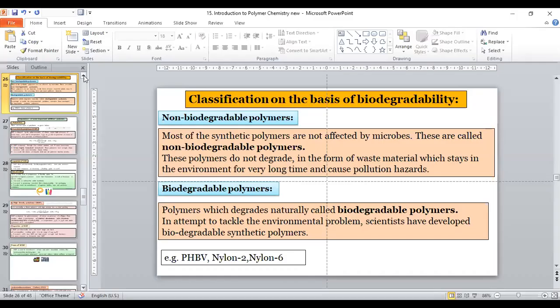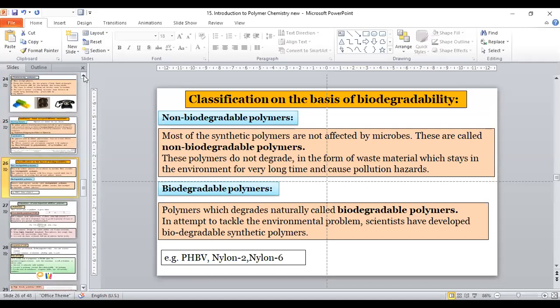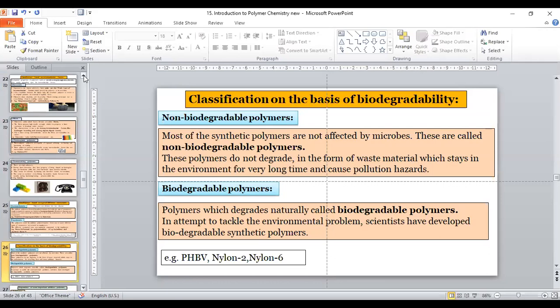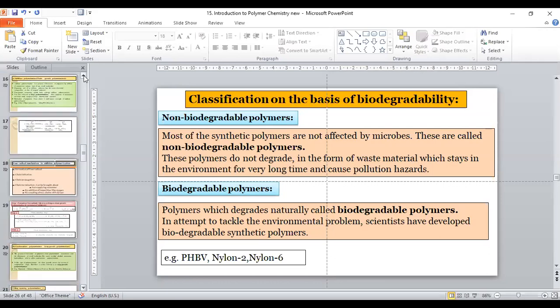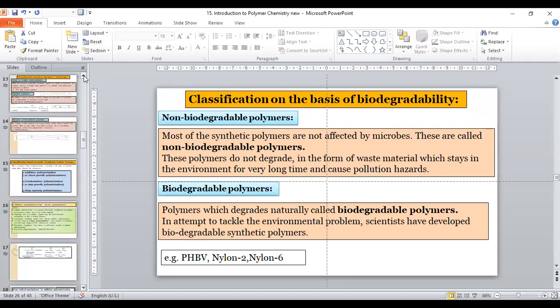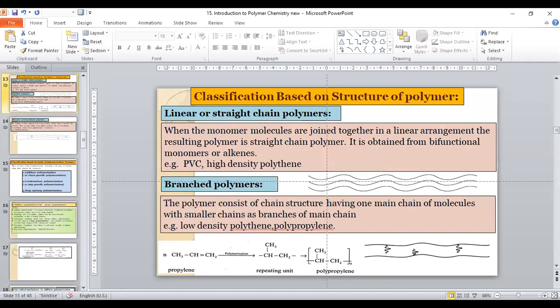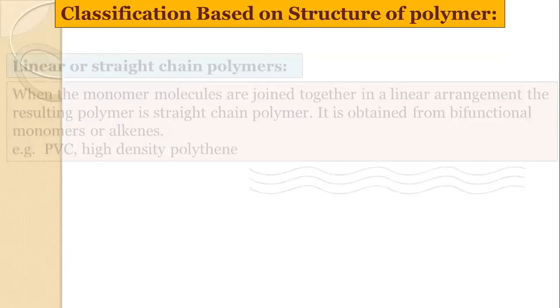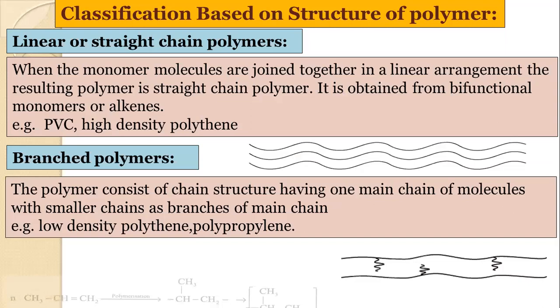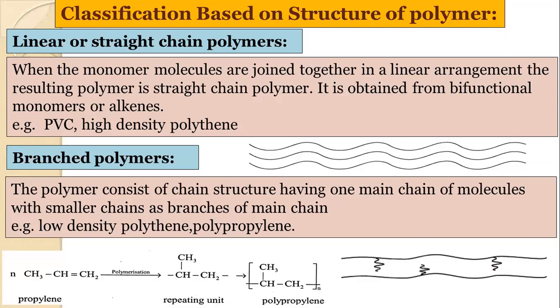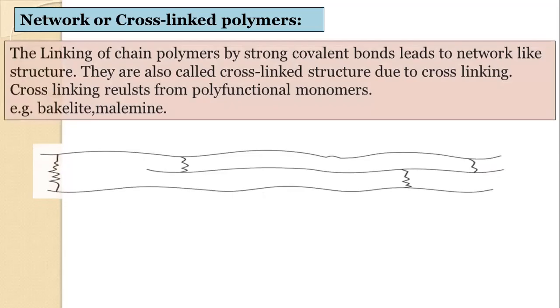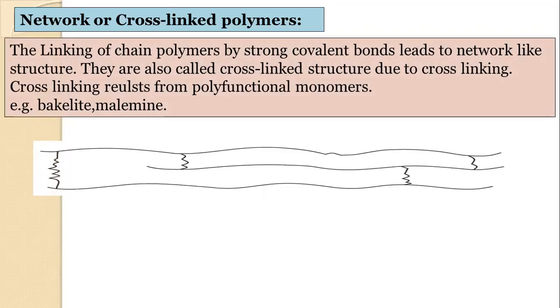So yesterday we started chapter number 15, that is Introduction to Polymer Chemistry. In this chapter, we already discussed what is meant by polymer, what is meant by monomer, then classification of different polymers: natural polymers, then synthetic polymers, semi-synthetic polymers. All this part was completed yesterday. Then linear polymers, straight chain polymers, branch polymers, then what is meant by network or cross-link polymers, then classification based